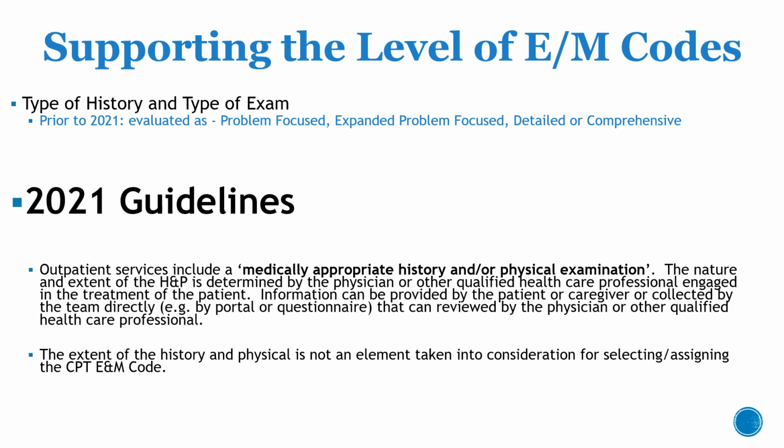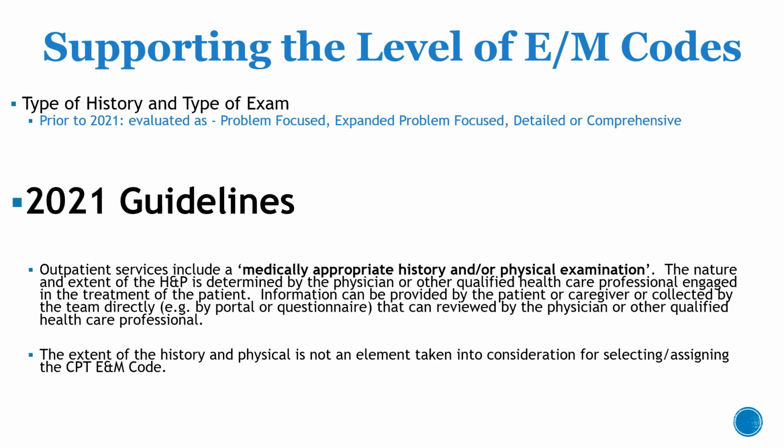For example, if they wanted to select an expanded problem focus, which was a 99213 and perhaps even a detailed a 99214, the provider would have to have at least greater than or equal to 4 elements represented in their HPI. In their review of systems, they had to encompass a minimum of 2 to 9 systems. And in their